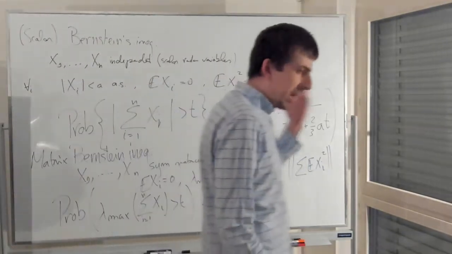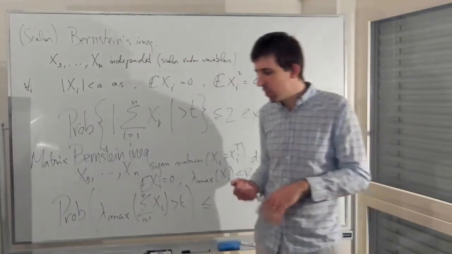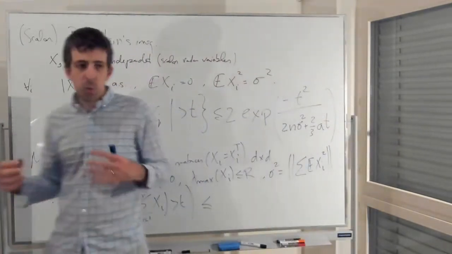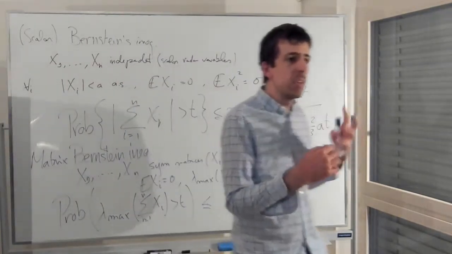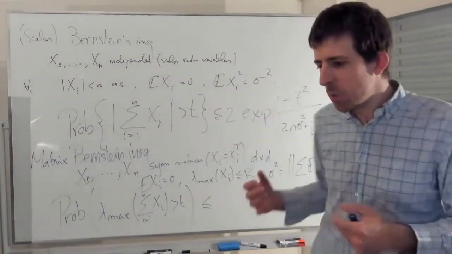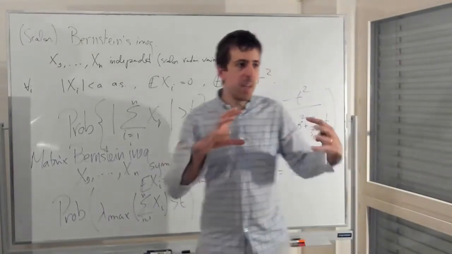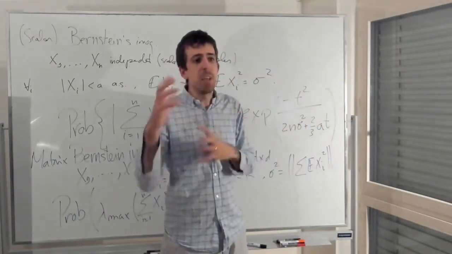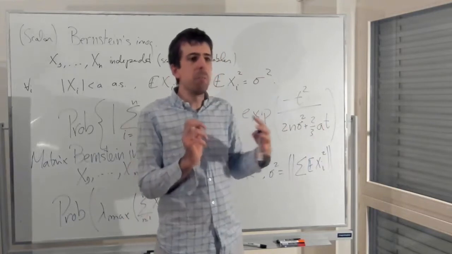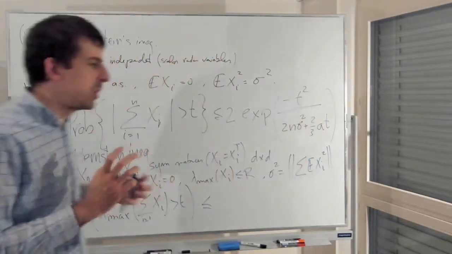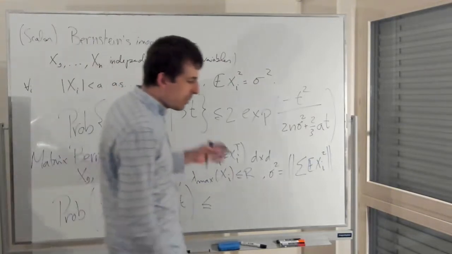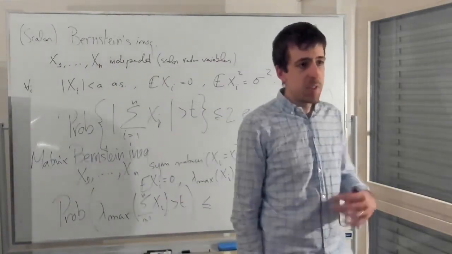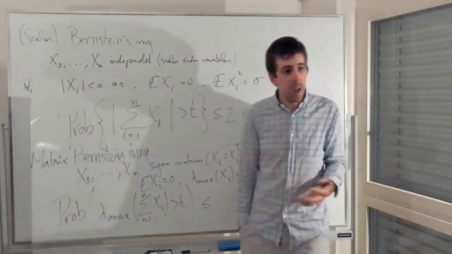Think, for example, back to the spike model and the BBP transition stuff, right? So we had, if we think of the spike as a signal and the Gaussian matrix, say, as noise, then really what we want to do, if we want to say that the noise doesn't affect the signal so much, is measure this in spectral norm. We want to make sure that the spectral norm of the noise doesn't affect the signal. And this is how we're going to be able to say, for example, that spectral clustering works well on average,